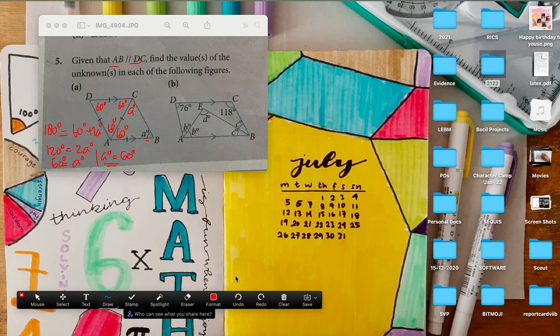Next, in figure B, from the clue given here, we just know AB is parallel to DC, and then we need to find the value of B, the value of C, and the value of D. So what I can identify there is that DC is parallel to AB. And this 76 with